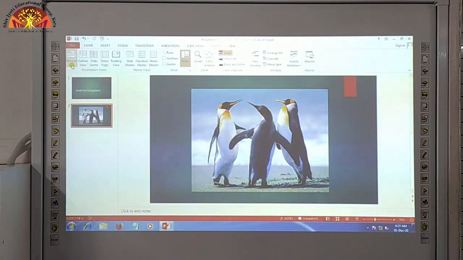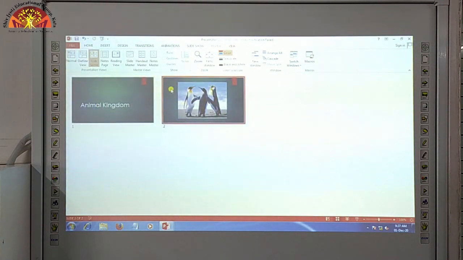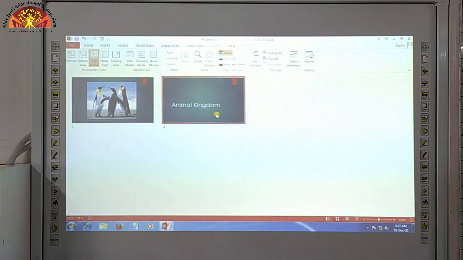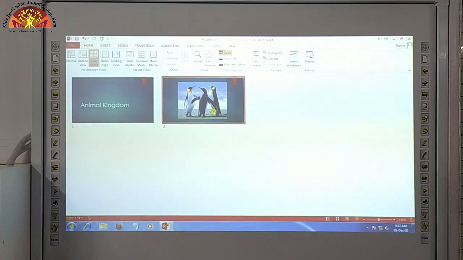So, student, normal view is the default view of your presentation. Here, you can see the slide pane, slide, and below the slide we have the notes pane. This is your notes pane where you can add the notes for your slide. Okay, students. Now the next view we have is slide sorter view. In the slide sorter view, you can see your slides in the miniature form, or you can easily rearrange your slide by clicking and moving your slide. Okay, so this is a slide sorter view.